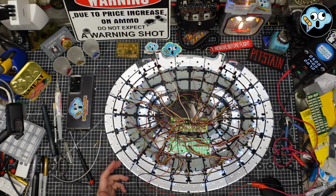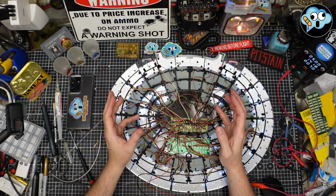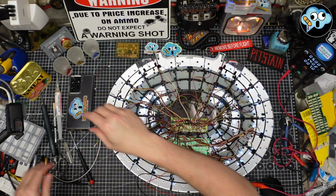Now, I know that is a more advanced electrical thing. However, I call this the dumbest channel for a reason. If I can bodge my way through using